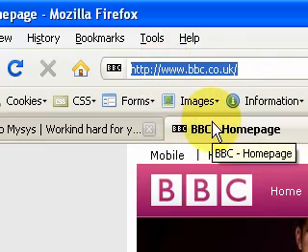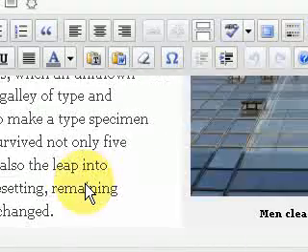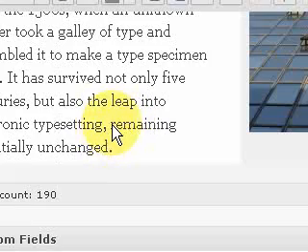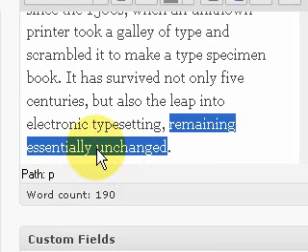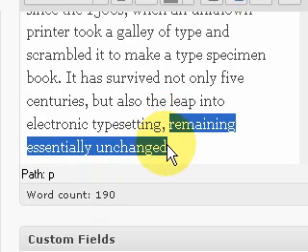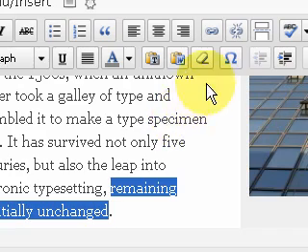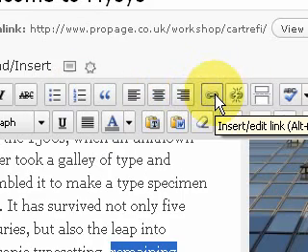Go back to your administration system, and let's imagine that this part at the end of the sentence is a sentence that we are referring to the BBC website. What we need to do then is highlight the text. With a mouse you just press the left mouse button and drag it until it highlights all that text. And up here on the buttons on the menu you can see an insert edit link. So we just click on that,